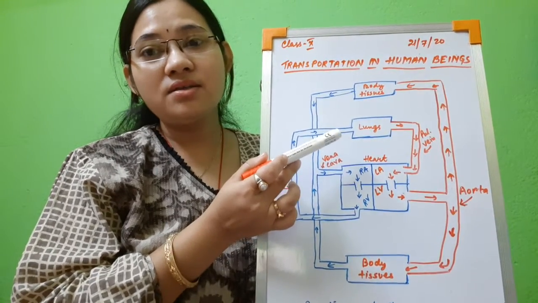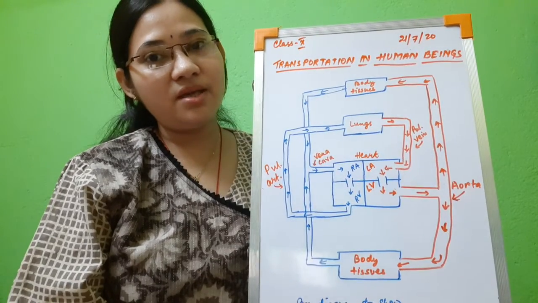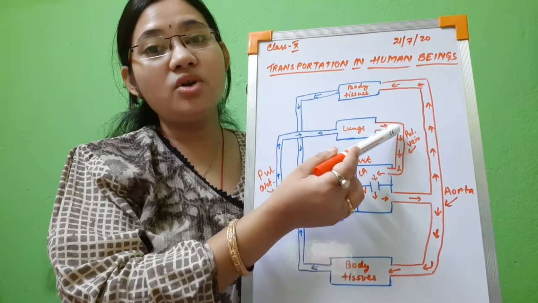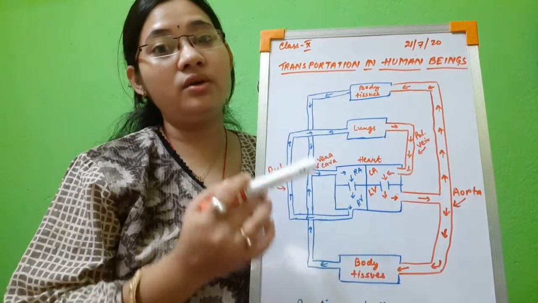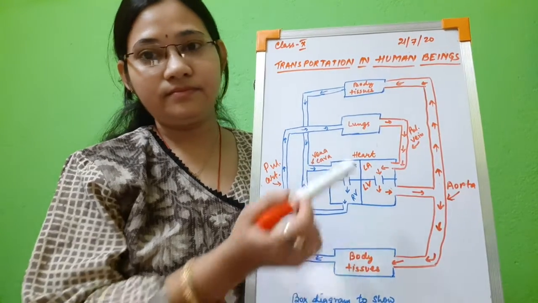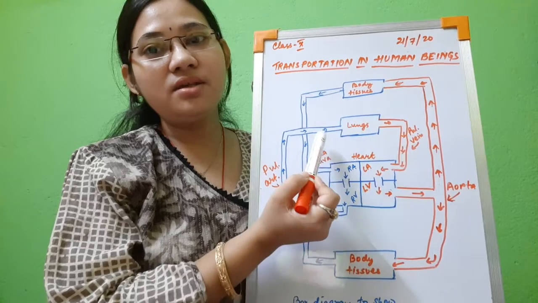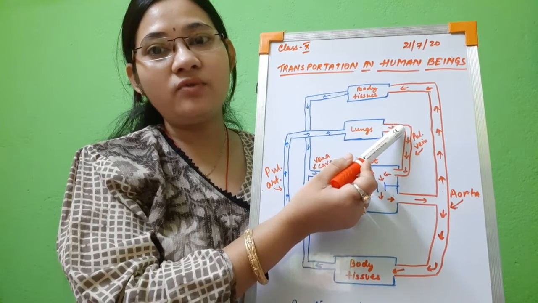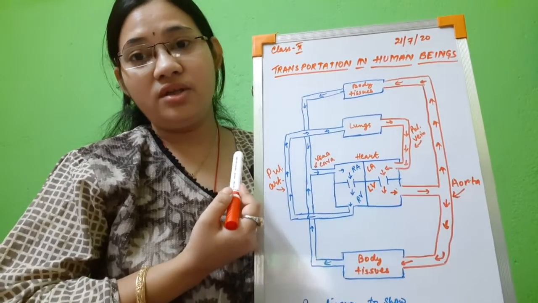Now in the lungs, after purification, oxygen and carbon dioxide exchange takes place, so oxygen is released into the blood. So now the blood becomes oxygenated. That is why the lungs are called the organ for purification of blood. Now after the lungs purify the blood, instead of carbon dioxide, the blood is rich in oxygen. So this blood is carried from the lungs and supplied to the left auricle.